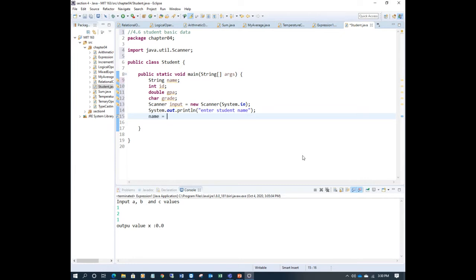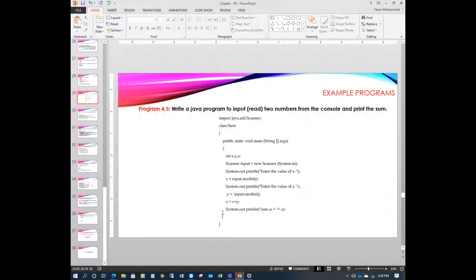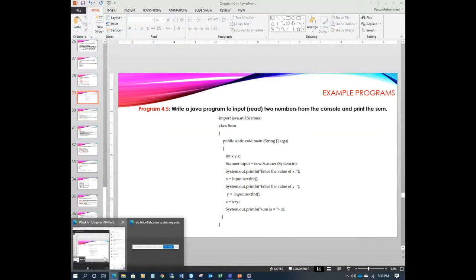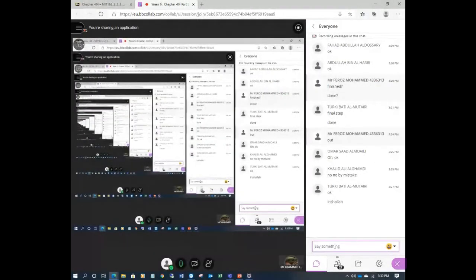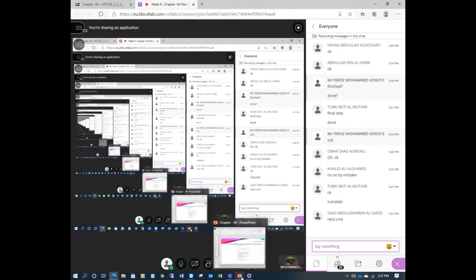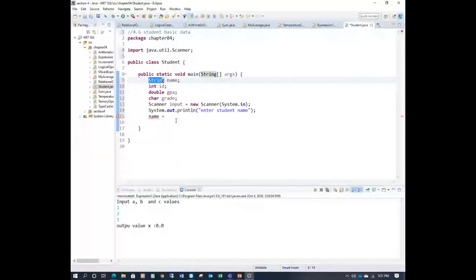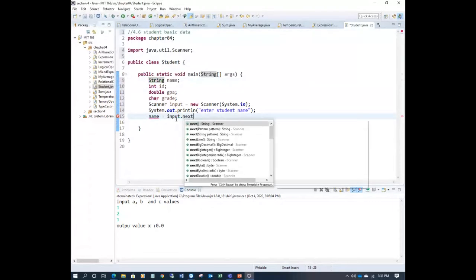Name equal to, now what is it, a string, right? You are reading the string. So let's go to the method. Which method is used there? Can anyone tell me the answer before I ask? Which method of the Scanner object reads a message or text or string, quickly? Which method is used to read the string value from the console? Next line, very good, excellent. So that's nextLine here: input.nextLine.